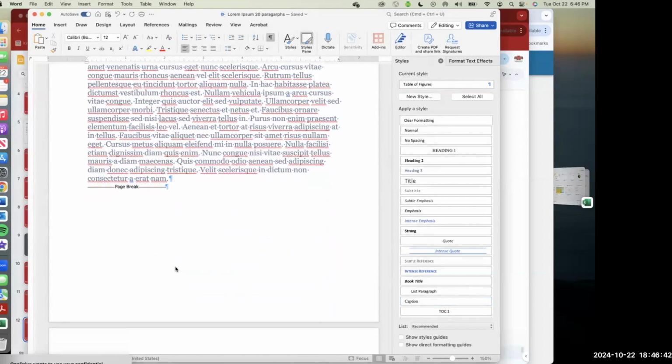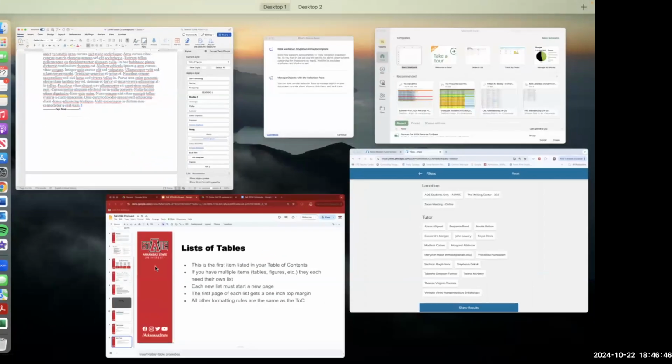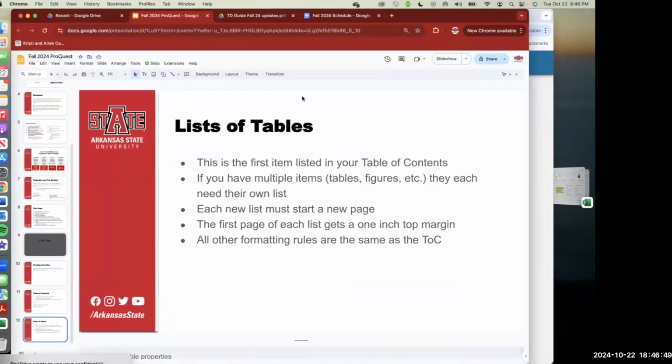So that's really all I had for you this evening. I know that was kind of a lot, but I combined those things because they are so similar in terms of the